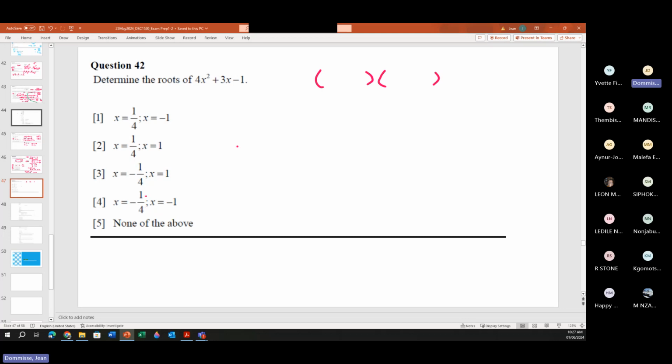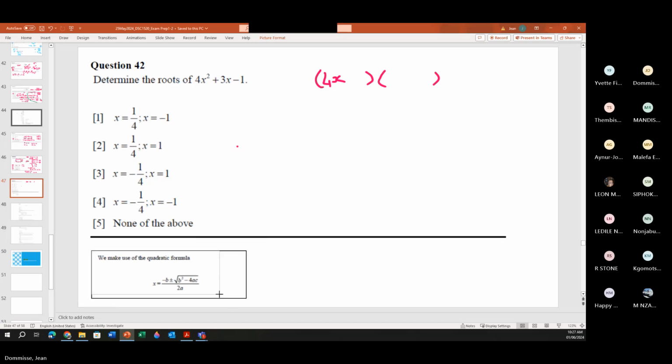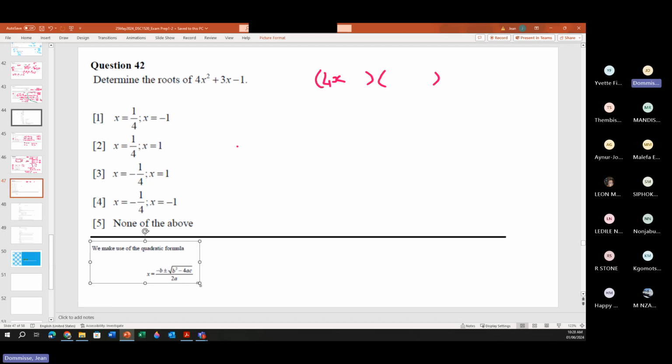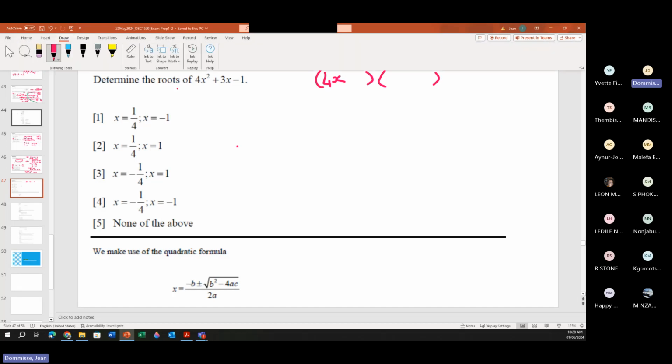What I'm also going to include is, because you guys are allowed to have formulas and open book, if you would rather use the formulas, the quadratic formula is definitely one that will also solve the roots for you. So if you don't want to factorize,